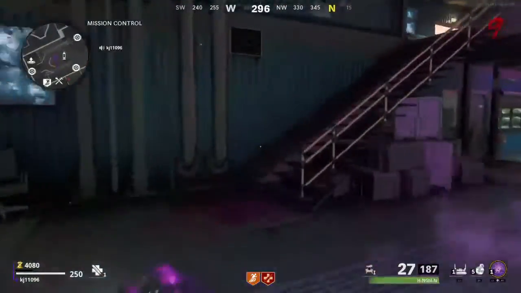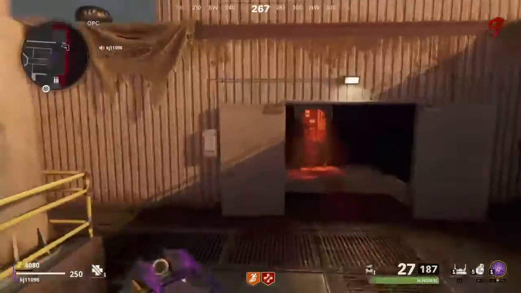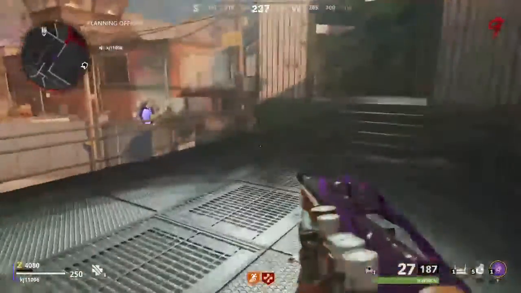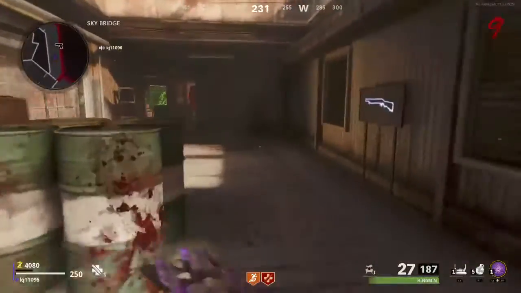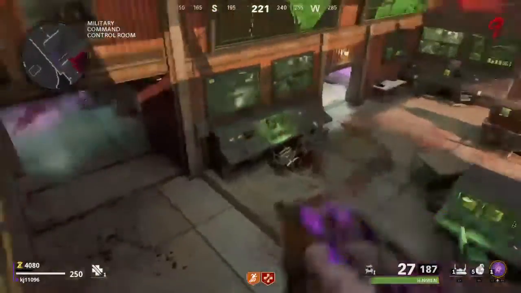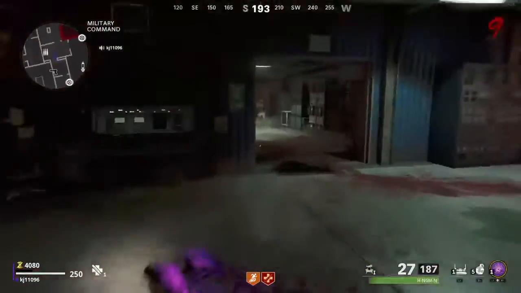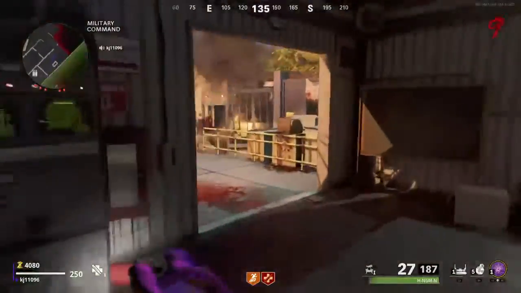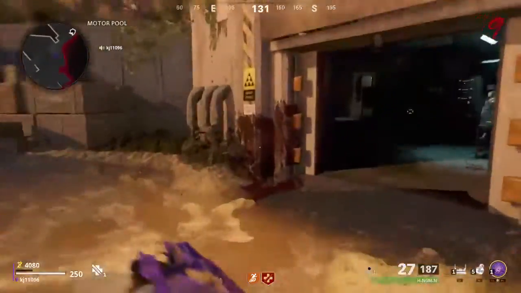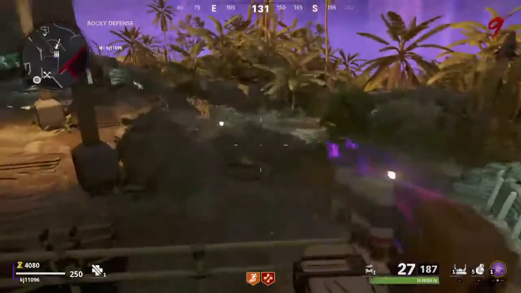Tends to be around the barracks, in motor pool, helipad. Apparently you can get it in here, in the planning office. I've not come across that one yet. Colonel's office as well. You'll see what I mean. Sometimes it doesn't always spawn the first round after. It can take maybe round 10 onwards, as far as I'm aware, to do so. So you can see there is nothing laying around, which could show indication that it should spawn